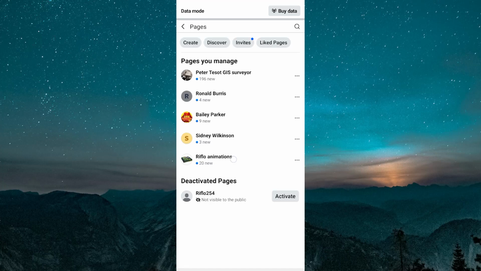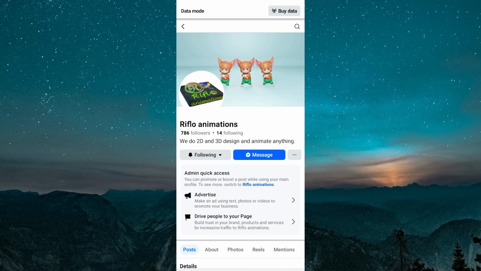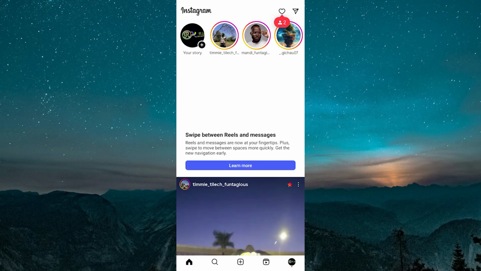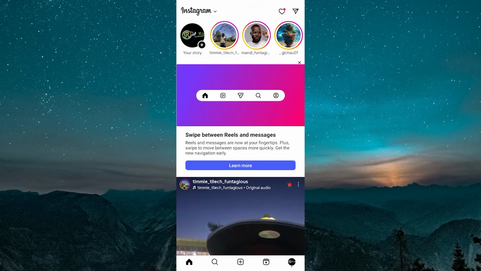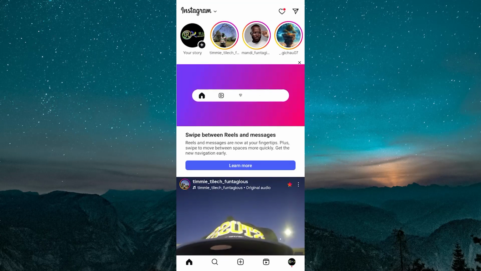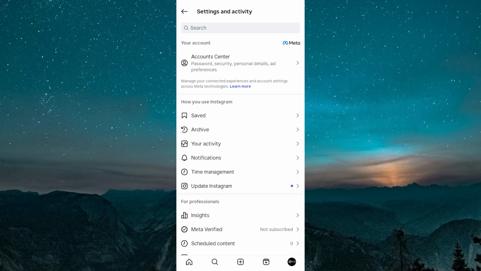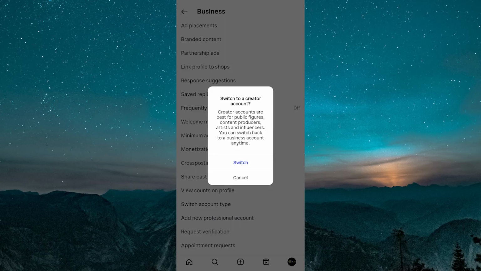Before initiating the connection, ensure your accounts are in the proper configuration. Firstly, your Instagram account must be a professional account, either a business or creator type. Personal Instagram profiles cannot be fully linked for business tools. If you are on a personal account, just navigate to your Instagram settings, then select account. And now choose switch to professional account, following the prompts to select the category that best describes